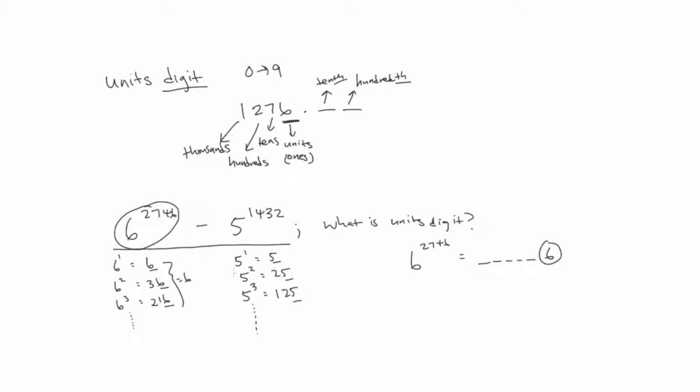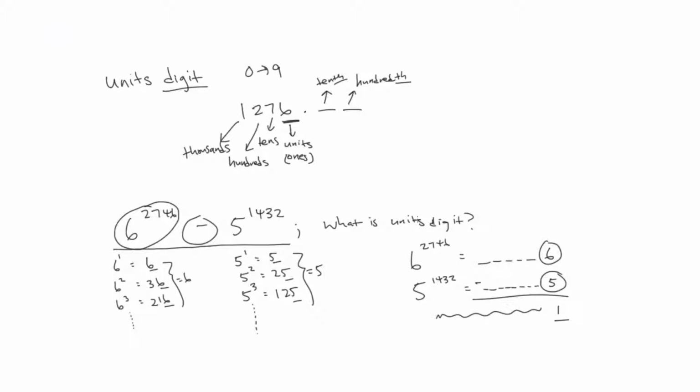In this case, it's the same thing. If I raise 5 to any power, we get a units digit of 5, which means 5 to the 1,432 again is going to be some really big number, but the last digit is going to be 5. So if we were to take the difference of these two terms, subtract, the units digit would be 1. And again, we don't care about what all of these other numbers would be, since the question is only asking